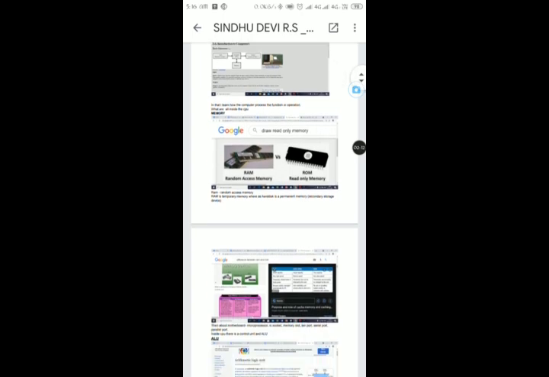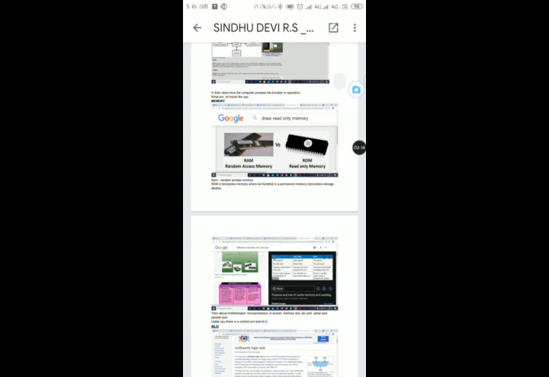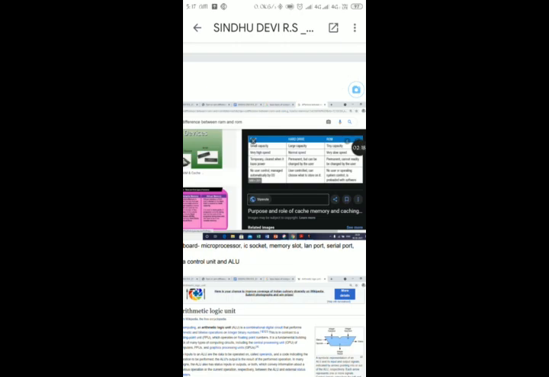CPU has an 8-bit address bus, where an 8-bit machine can take 8 bits of data at the same time. Address is nothing but a reference to the memory location. Control bus controls the RAM. RAM is random access memory, which is volatile memory and can store data temporarily. And ROM is read-only memory, which can store data permanently and is non-volatile memory. Compared to ROM, RAM has very high speed.